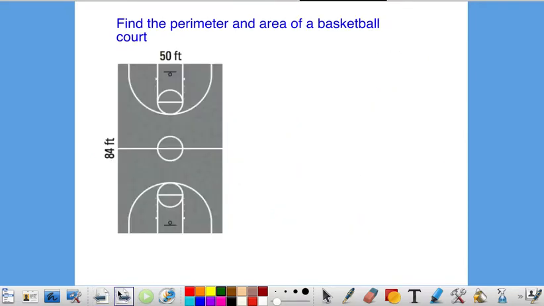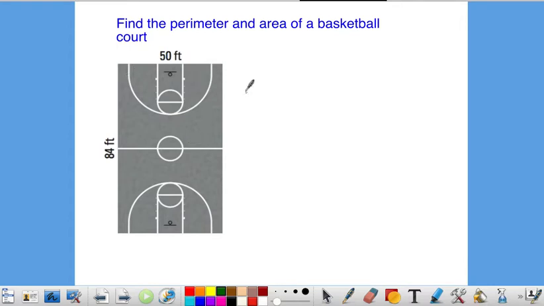So the rest of this lesson is basically just going through example problems. So if you feel pretty good about this, you can kind of work on the homework along with this, but I'm just going to go through some examples of how to use these formulas. So if we want to find the perimeter and area of this basketball court, our width is 50 feet, our